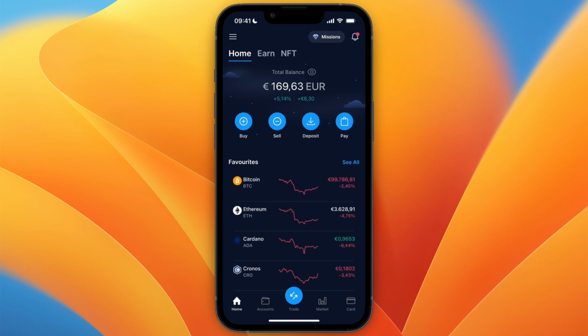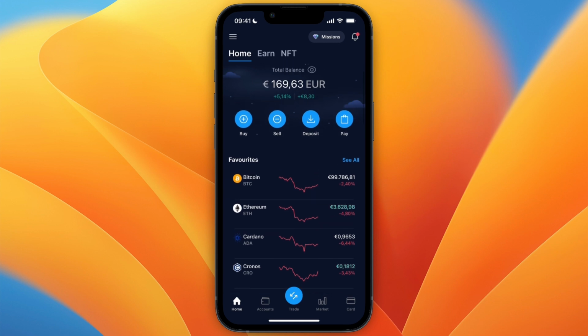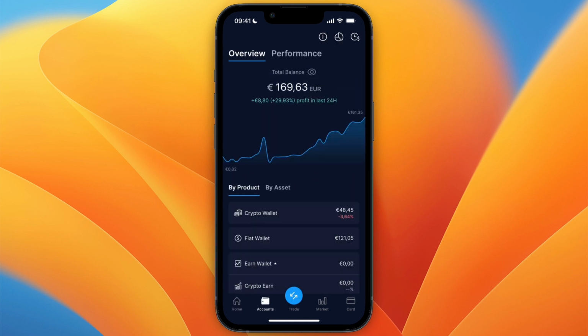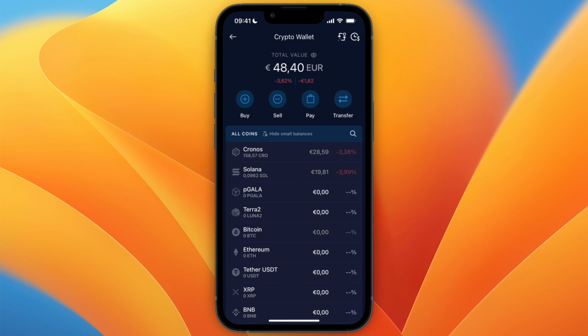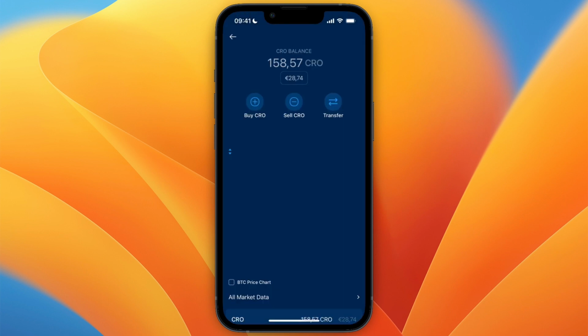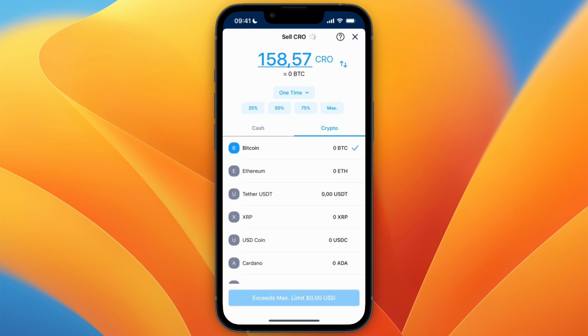In this video, I will show you how to sell Cronos on Crypto.com. To do this, just open up Crypto.com and then click Accounts in the bottom. From here, click Crypto Wallet and select Cronos. And once you're in the Cronos section, just click Sell CRO, and from here you can sell it for cash